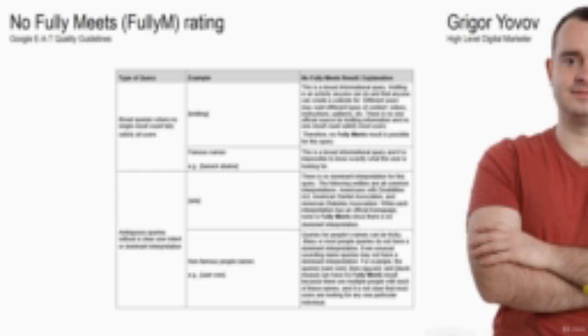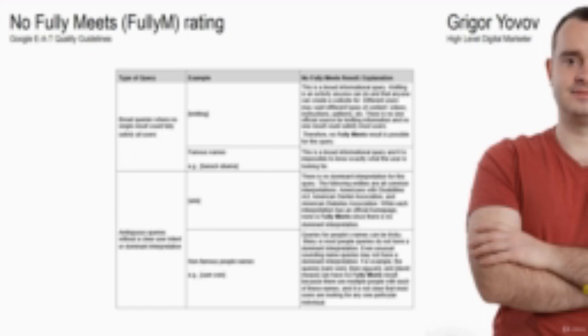And the next example in this scenario is non-famous people names. Let's say Sam Wen. And the explanation here is that queries for people's names can be tricky. Many or most people queries don't have a dominant interpretation. Even unusual sounding name queries may not have a dominant interpretation. For example, the queries Sam Wen, Tran Nguyen, and David Mice can have no fully meets results because there are multiple people with each of these names, and